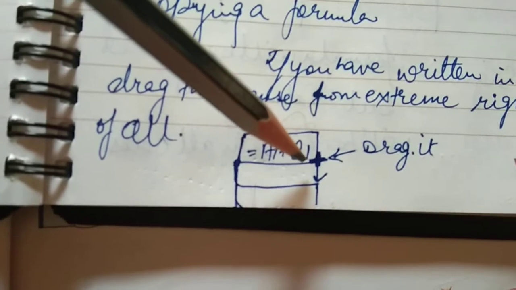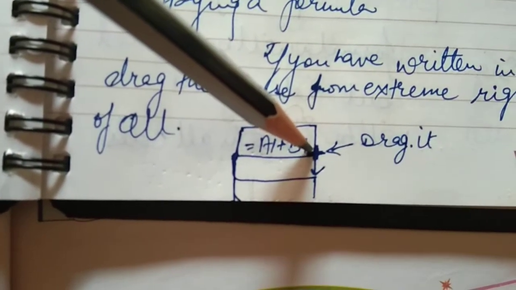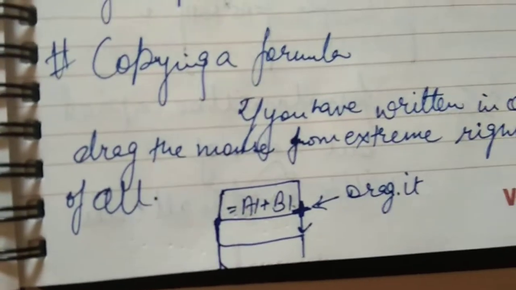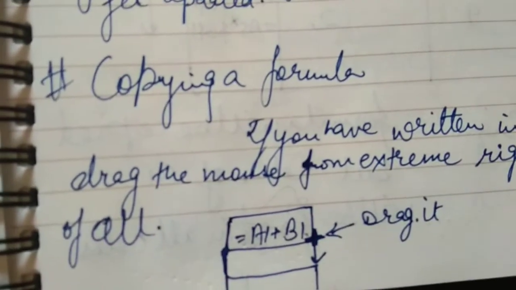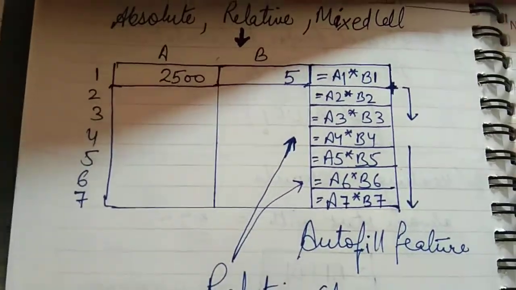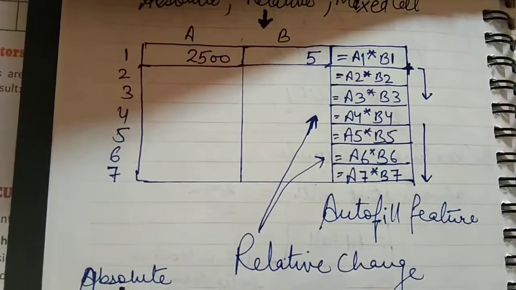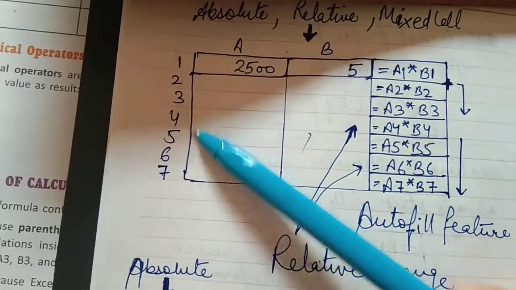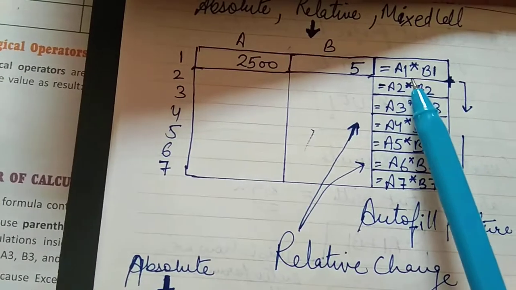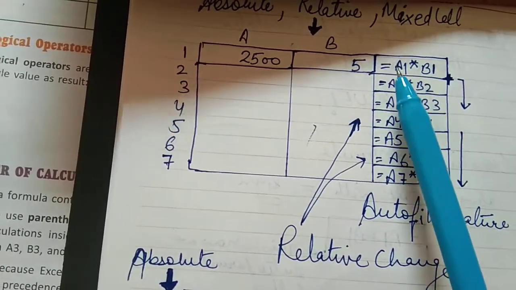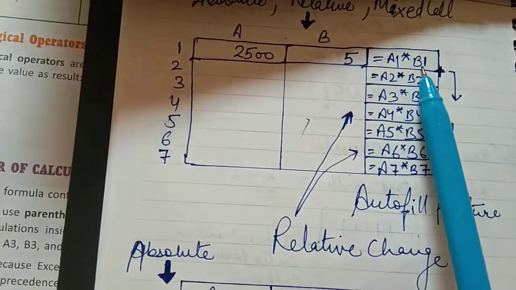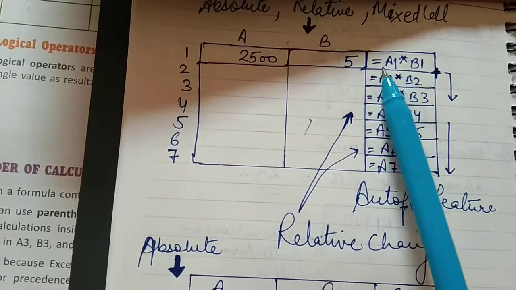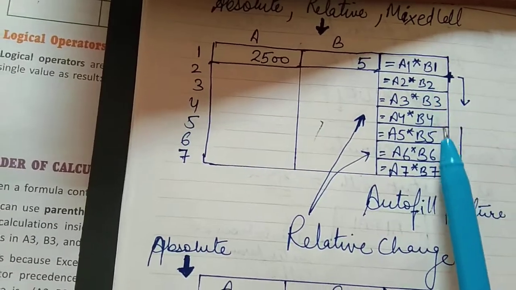So what we will do is we will drag the mouse pointer from the extreme left corner of the cell and it will be copied down to the whole column, and all the cells in that column. Like this, I have made one Excel sheet which is having A column and B column, and which is having 7 rows. So if I have written one formula in one of the cells, suppose is equals to A1 into B1, this formula I have to write, and I want to copy the same formula along the full column.